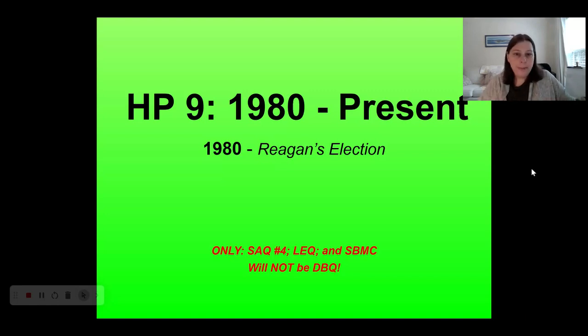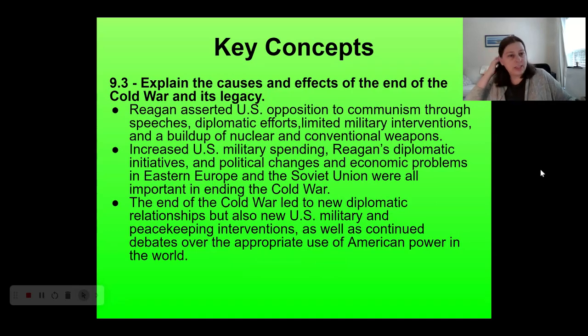So we're picking up and launching right into historical period 9. Ending historical period 8 in 1980 with Reagan's election makes a lot of sense in one way because it is a political turning point, right? It marks the rise of the neoconservative movement. But in another way, it leaves us hanging on one of the major themes of historical period 8, which was the Cold War, right, which we talked about extensively in the last video. So we're going to return to the Cold War here for a couple of slides and talk a bit about how this ends, and in particular about the role that the Reagan administration plays in the ending of the Cold War.